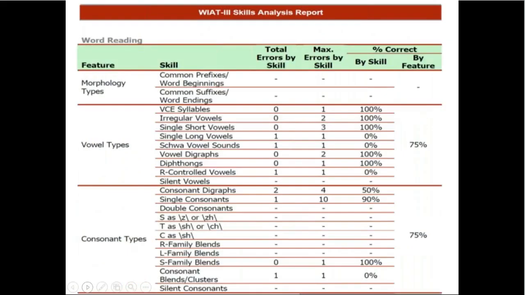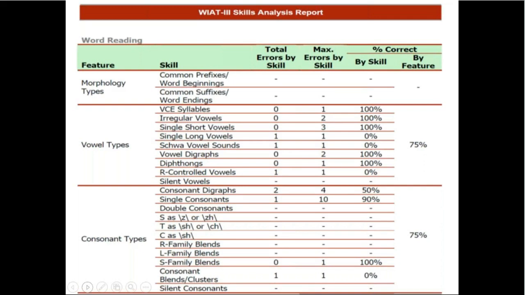The other thing that you get from the reports, from both platforms, is a skills analysis report if you wish to generate this. I find this particularly helpful. I'm not a teacher by trade, and so I find it helpful to be able to provide information to the teachers I'm reporting to in relation to where the errors occurred or where the major difficulties the child experienced were. So irrespective of whether or not the child has a specific learning disorder, this type of information I think is